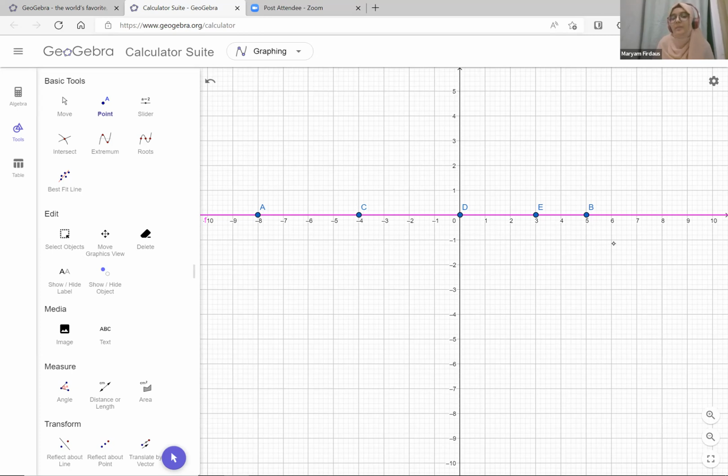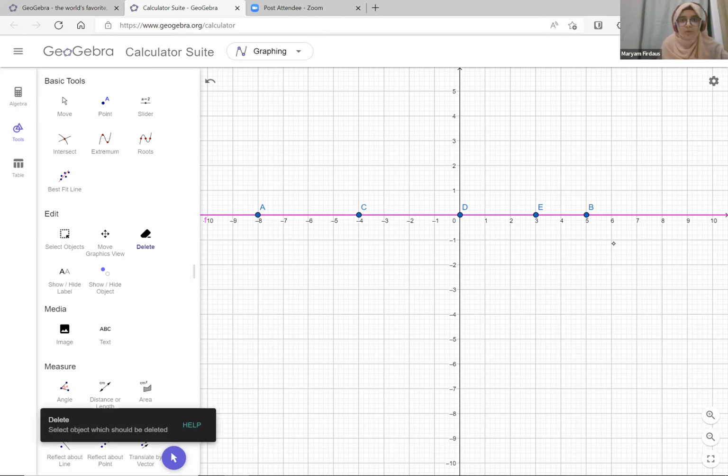Can you arrange them in ascending order? Yes, I can. So -8, yes, -4, 0, 3, and 5. Very good. Okay. How about